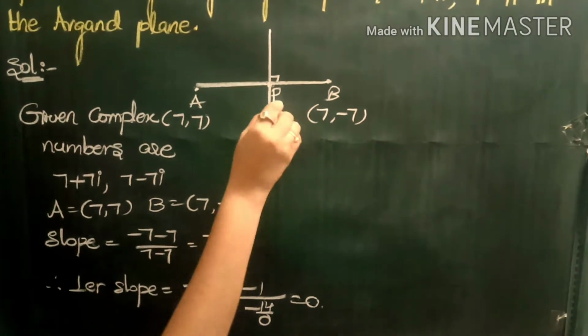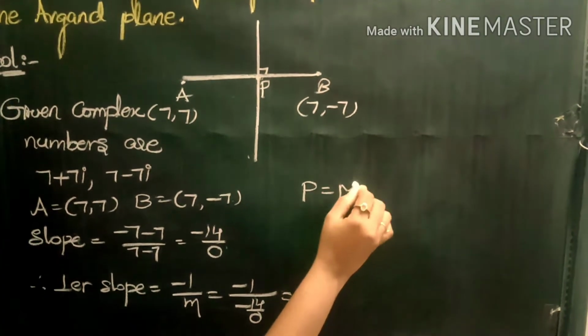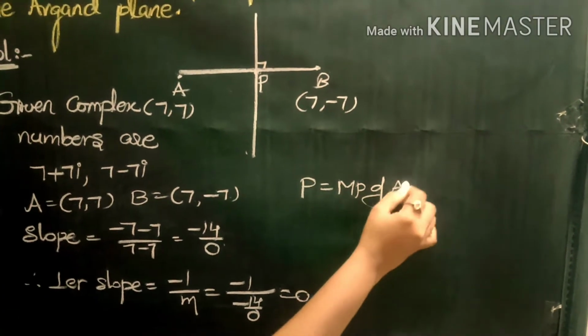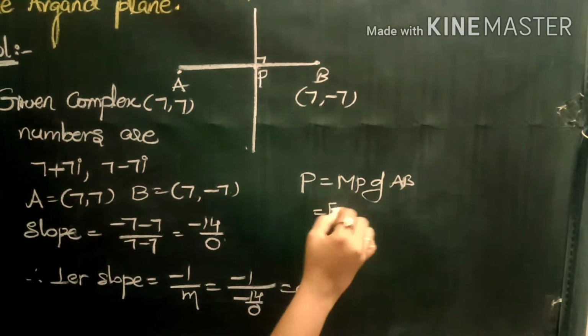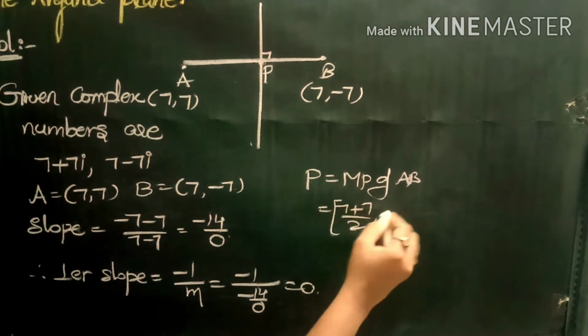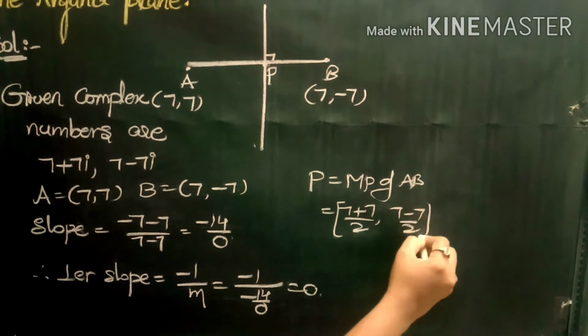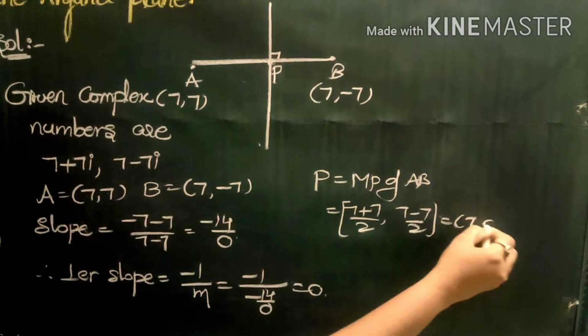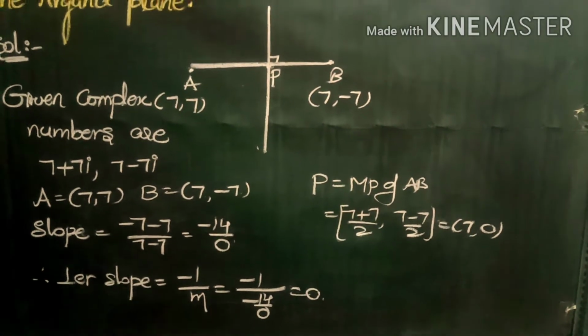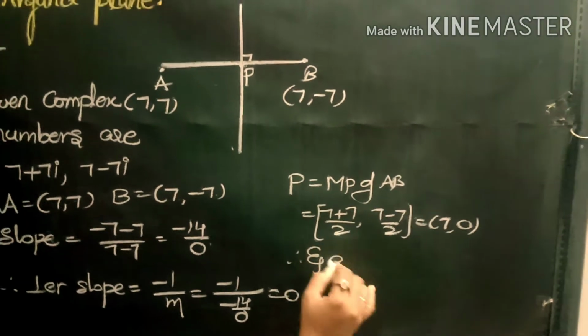Now we are finding the midpoint. P equals midpoint of AB, that is 7 plus 7 by 2, 7 minus 7 by 2. 14 by 2 is equal to 7. 0 by 2 is equal to 0. This is the point. Therefore, the equation of the perpendicular bisector is